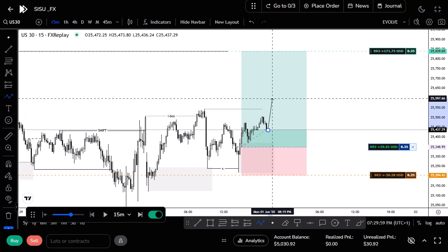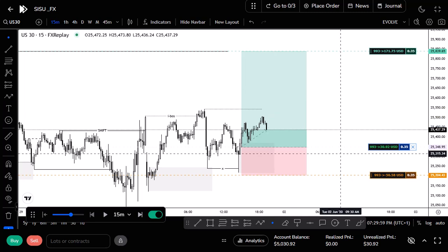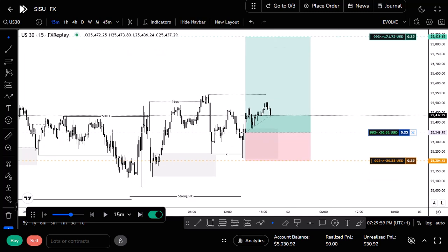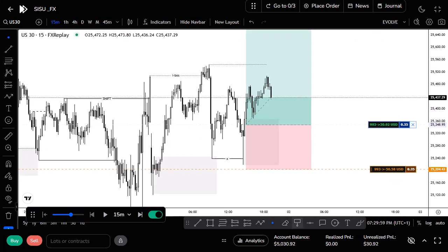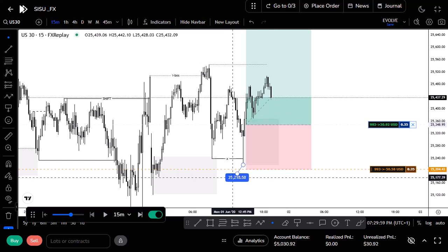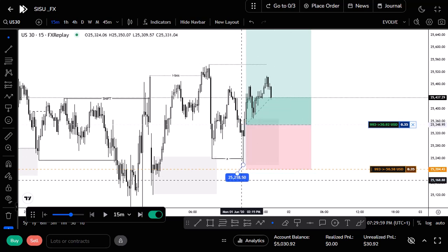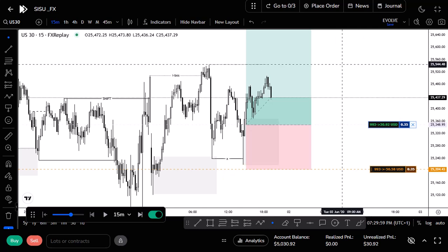But for now, I will do nothing until price takes out this high. If price goes back and hits my SL, it's fine. And if it goes to my take profit, it's fine. That's number one. Number two, this SL, based on my rules, is not correct. Why? My rule for setting SL is, whenever I have a zone like this, I will check the low of that zone. In a bullish scenario, I will add 2 pips behind that low. So I use a 2 pips buffer behind or above my zone.